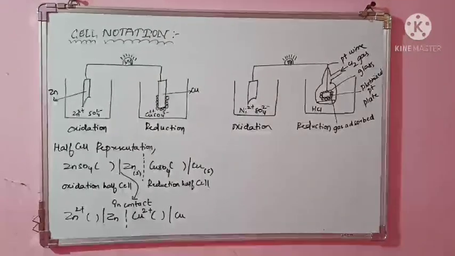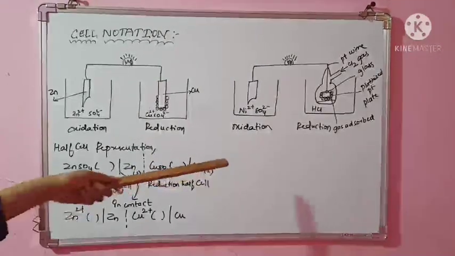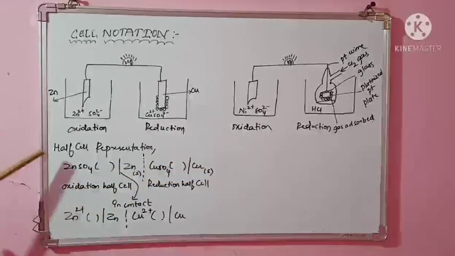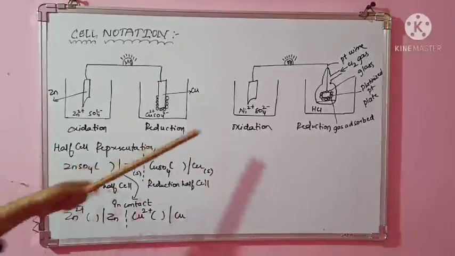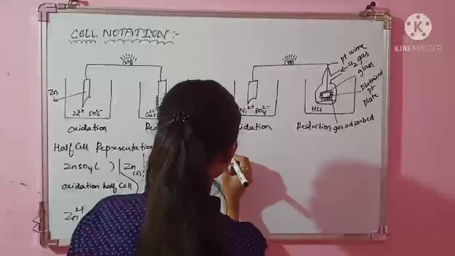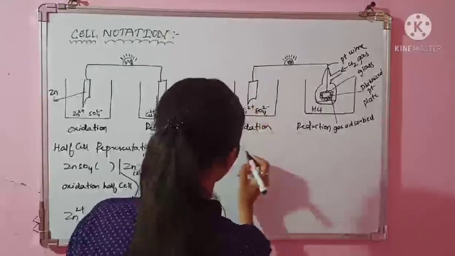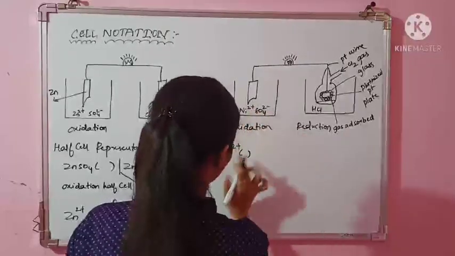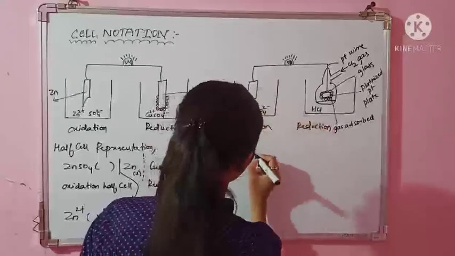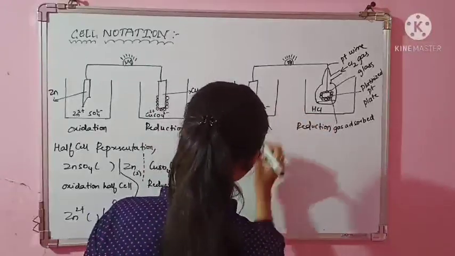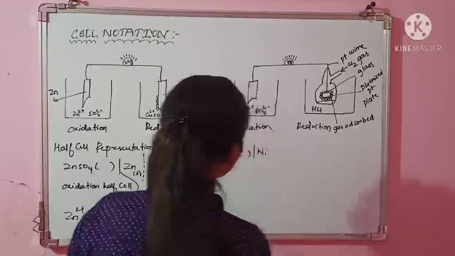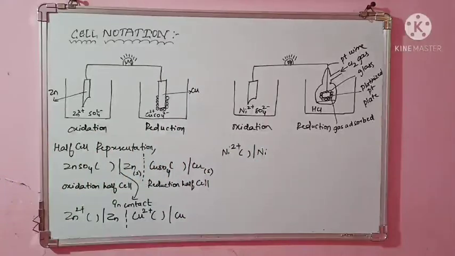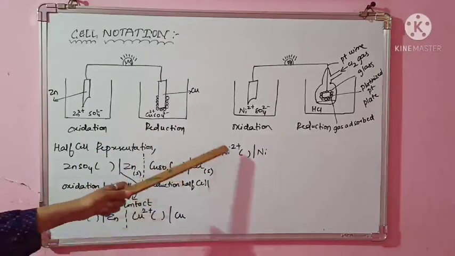Now let's move on to the gas electrode. How do we represent this? Again we go with half cell representation. First, I can write Ni2+, and its concentration, meaning nickel sulfate solution. I can write it completely also. It is in contact with, again a single line, Ni. So first I am writing the solution Ni2+, and again its concentration.